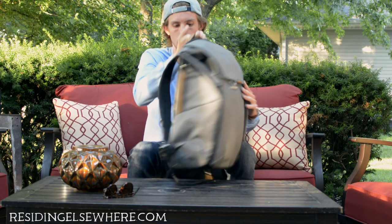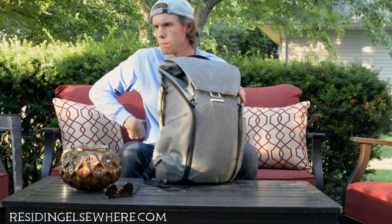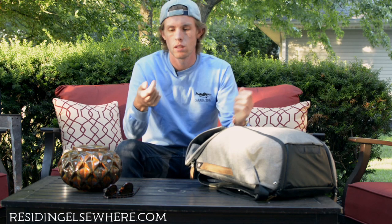The camera strap. This is actually how I got into Peak Design. I had just their blue mountain edition camera strap, and it's super sweet because you can just pop it on and off. I never liked having,